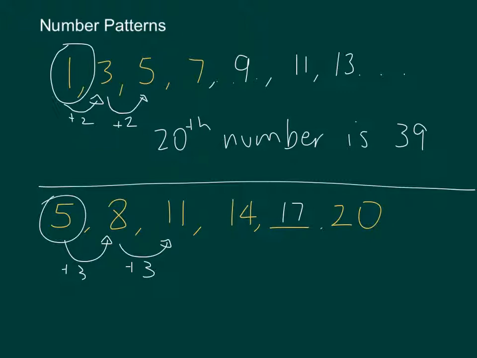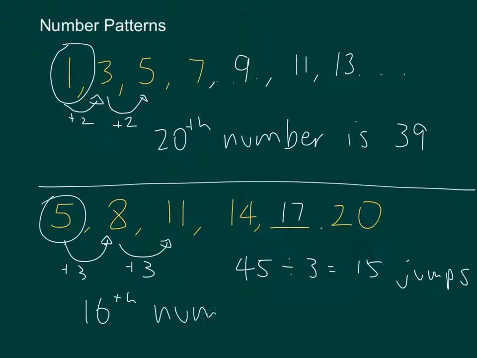Now, if I were to ask you what's the first number in this pattern that will be greater than 50? In fact, why don't we say equal to 50 here? So when will I have a number that's equal to 50? Well, I go up by 3 each time. So if I take 5 off my number of 50, the jumps are represented by 45, and that's divisible by 3. So 45 divided by 3 equals 15 jumps or steps, which means it's actually the 16th